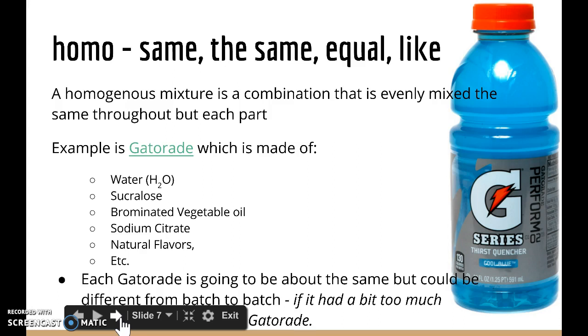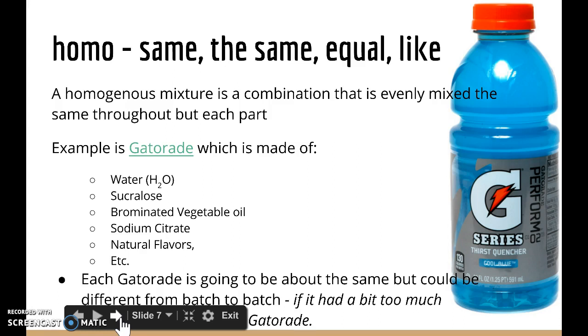Another example is Gatorade. If you click on the link where it says Gatorade, you'll see a whole website dedicated to what Gatorade is made out of. I grabbed just a handful of the ingredients. Gatorade has in it water. It has sucralose, it has brominated vegetable oil, it has sodium citrate, it has natural flavors, and it has about 10 other items. Each Gatorade is going to be about the same, but it could be a little bit different